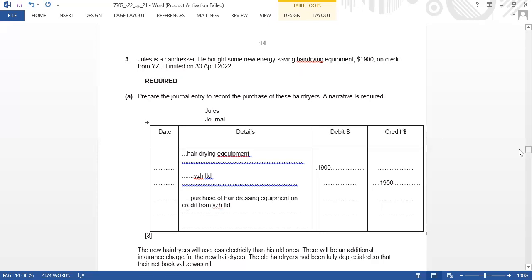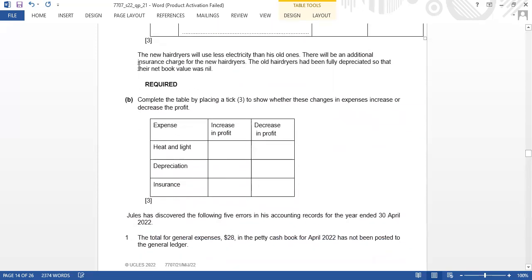Okay, moving towards B part. The new hair dryers will use less electricity than his old ones. There will be an additional insurance charge for the new hair dryers. The old hair dryers have been fully depreciated so that their net book value was nil. Requirement is complete the table by placing a tick to show whether these changes in expenses increase or decrease the profit. So heat and light is an expense that will reduce the profit. Depreciation is an expense that will reduce,